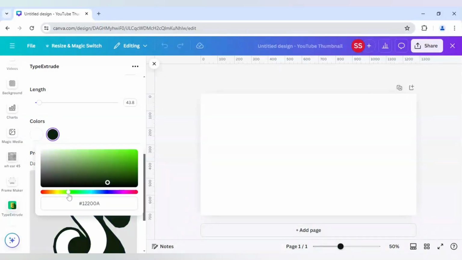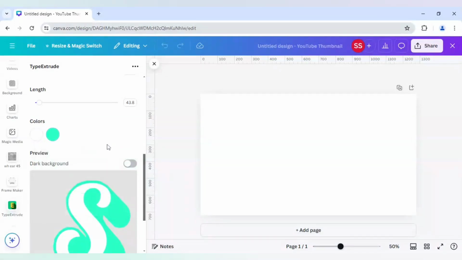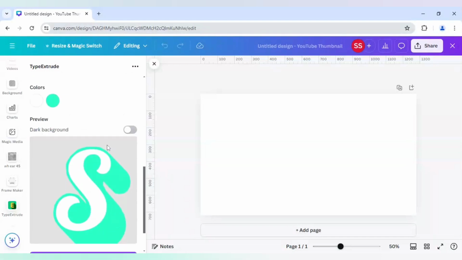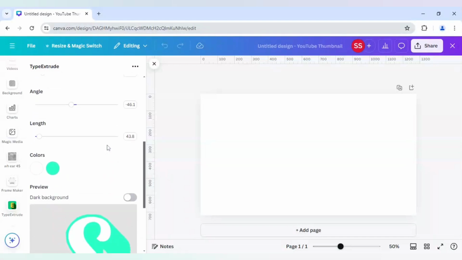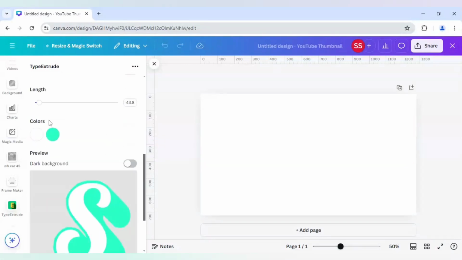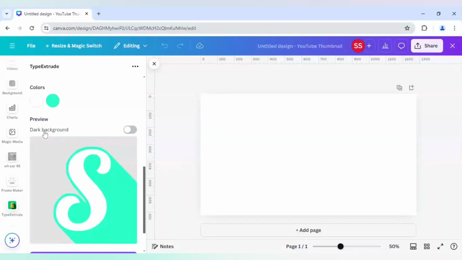shadow part I am choosing something like sea green color. Okay, so I have chosen this one, and now let's work on the shadow part. So the angle is good. I will increase the length here. Okay, length I will increase to 900, which is the maximum one, and I will keep it as a white